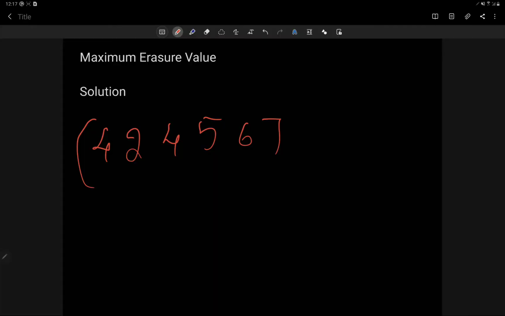Alright, this is how we are going to solve it. Let's see the approach with the help of one example. For this question, the intuitive thing is that to maintain uniqueness, we need to know what numbers have occurred and what number we are at. For that we need a hash set or a map.